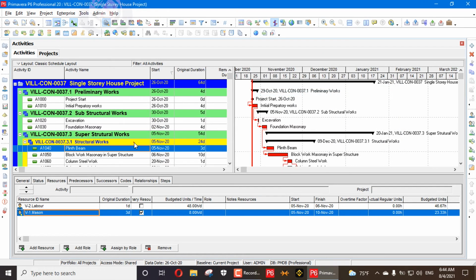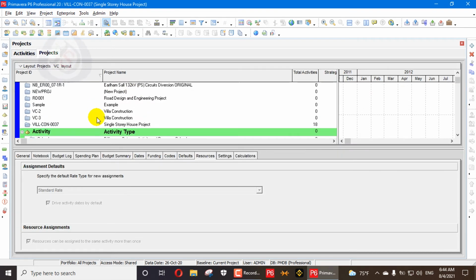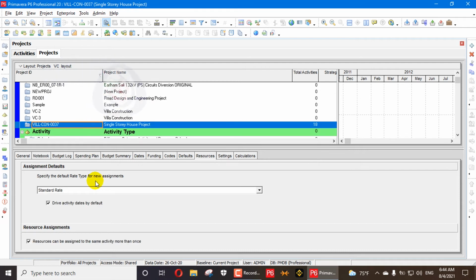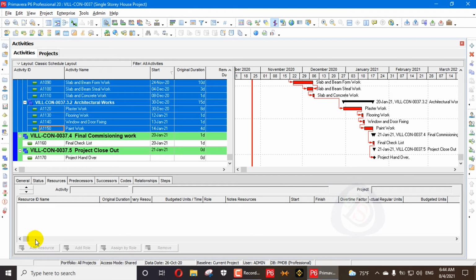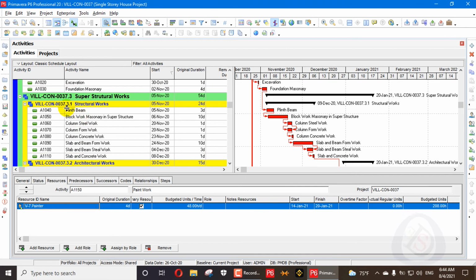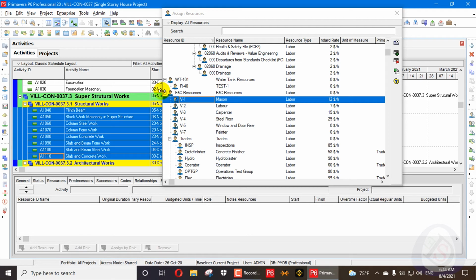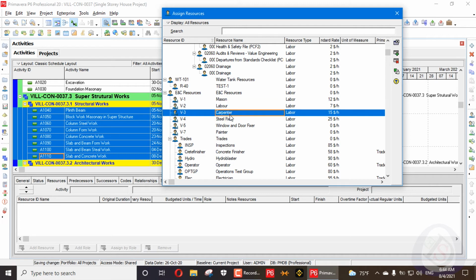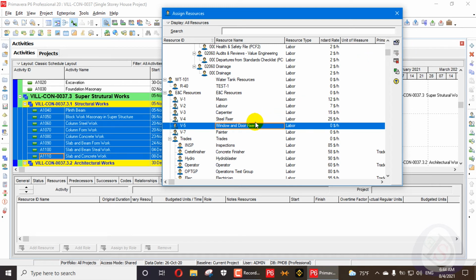So for example, I go here in projects, and I want to assign multiple resources to my multiple activities. So go here, resource can be assigned to the same activity. I remove this checkbox, and I don't want to overlap my resources. For example, I select all these resources, and let me show you, assign, add resource, and I select all these activities, and when I add this one, it will be added one time. These resources, can you see, will be added one time. Can you see this one is removing where I double click here.